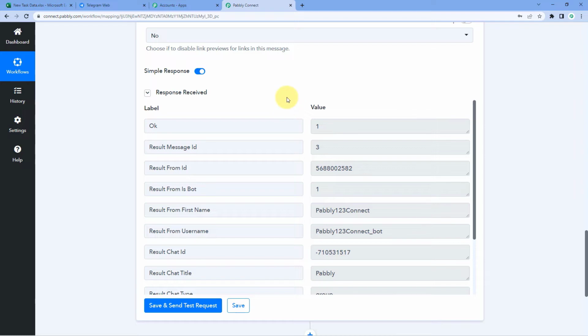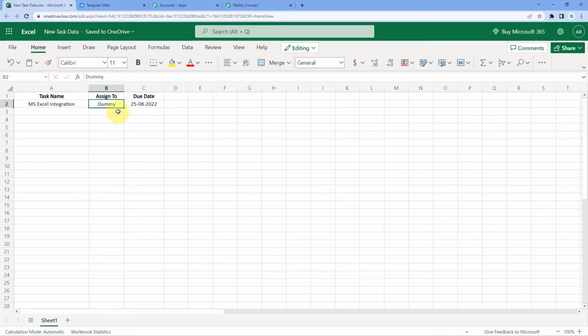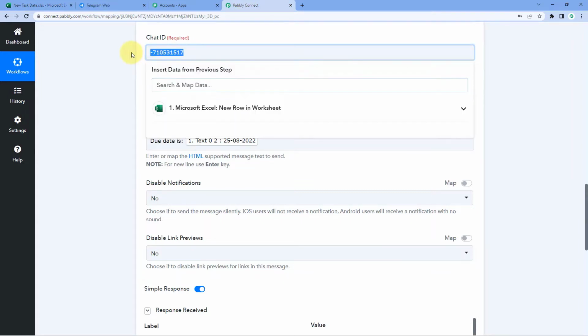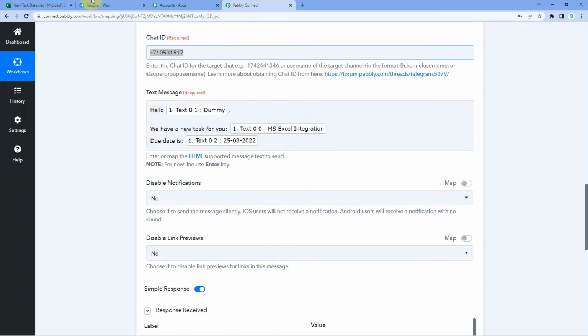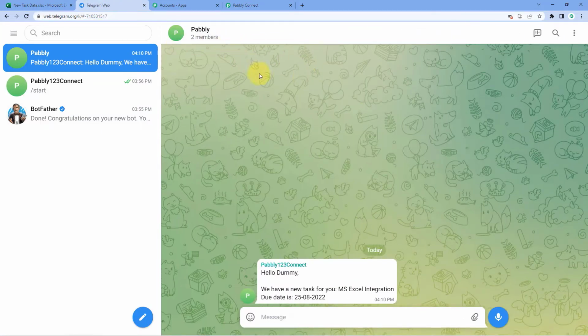This response shows that the text message which we have created over here, with the details which we have added in the Microsoft Excel sheet, using these details, our Telegram message is now sent on our group, the same group whose chat ID we have mentioned over here. So let's check. We will go to Telegram. And yes guys, we can see that the same group which we have created just now, in which we have added our bot and made it admin, has received a message which says